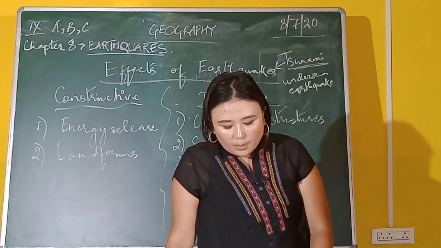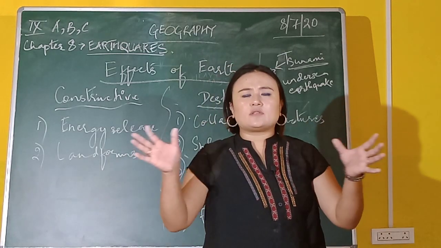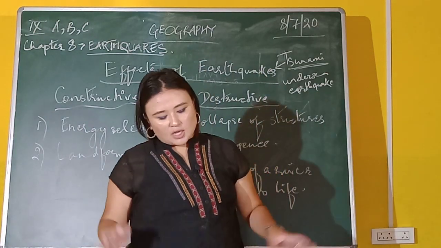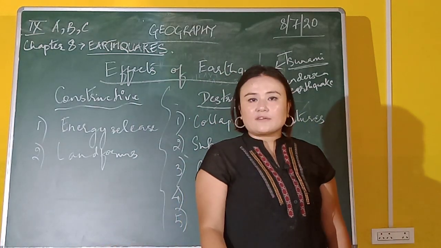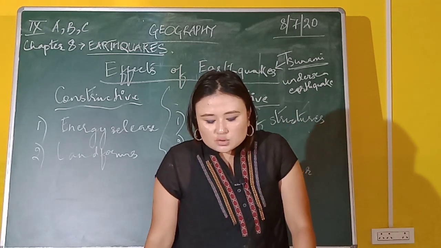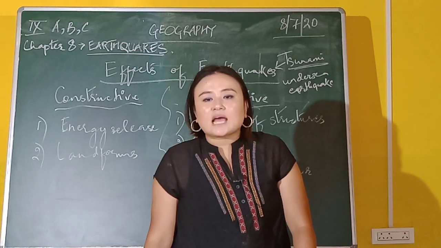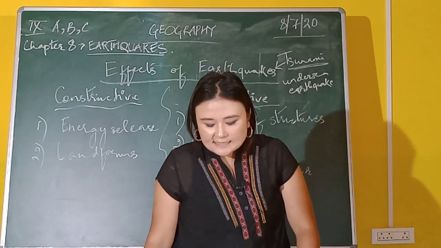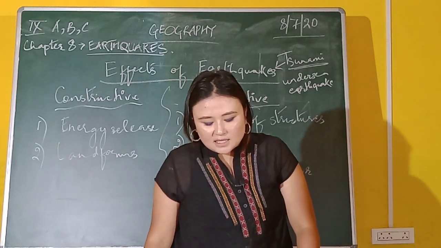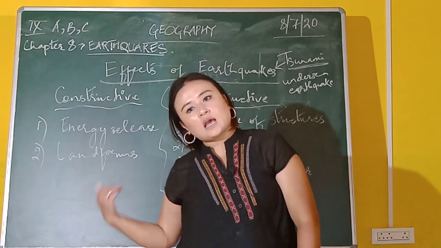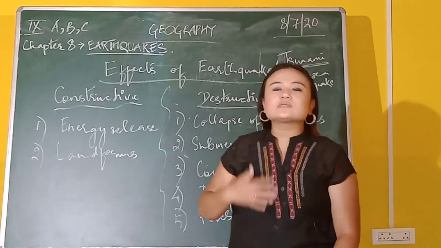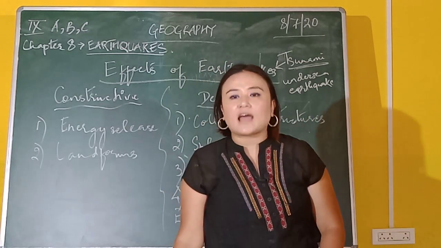So tsunamis are harbor waves, and the Pacific Ocean region especially is a primary area where tsunamis bring about maximum destruction and devastation. They cited an example in the textbook: the 2004 Indian Ocean earthquake triggered a series of tsunamis on December 26, 2004 that killed more than 2,75,000 people, 1,68,000 alone in Indonesia, making it the deadliest tsunami recorded in history. Tsunami is one of the most destructive effects of an earthquake, because it kills thousands and thousands of people.